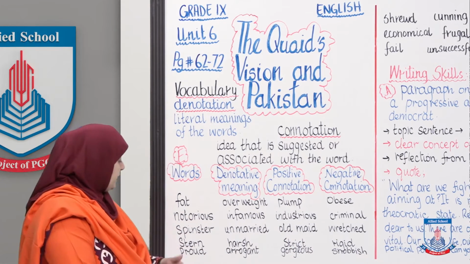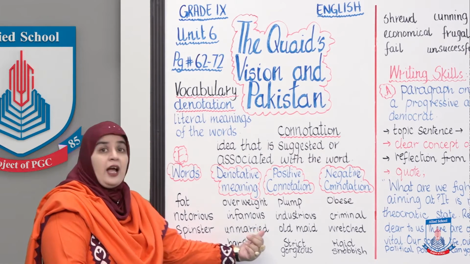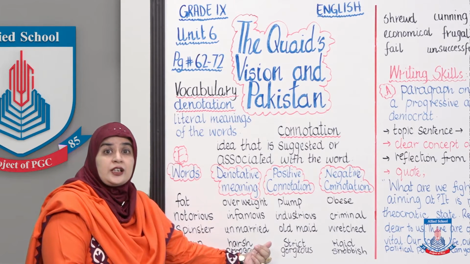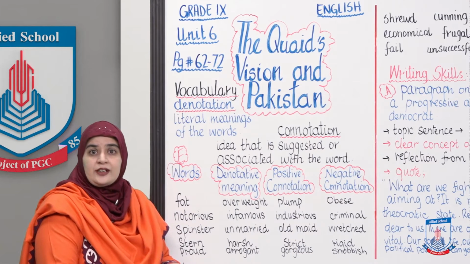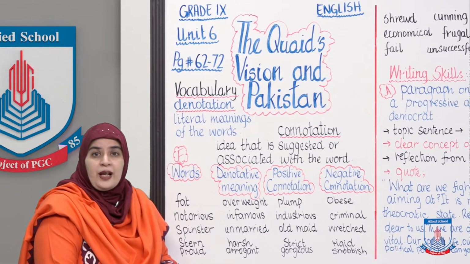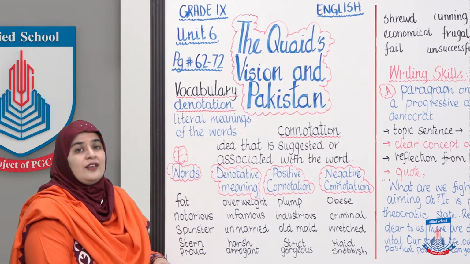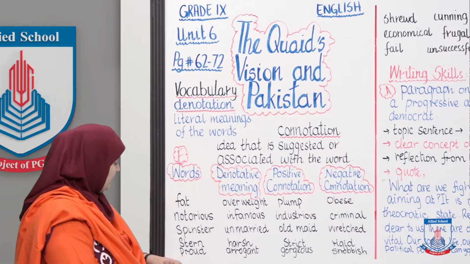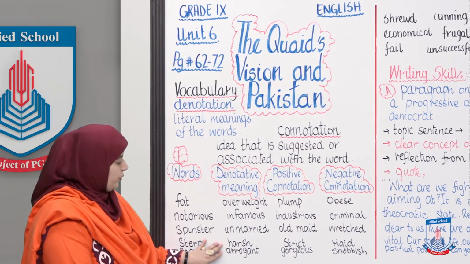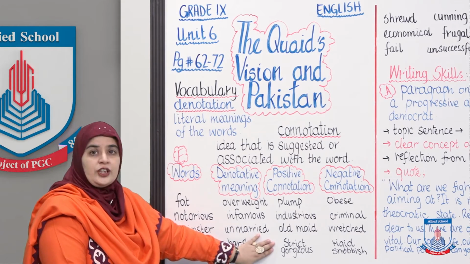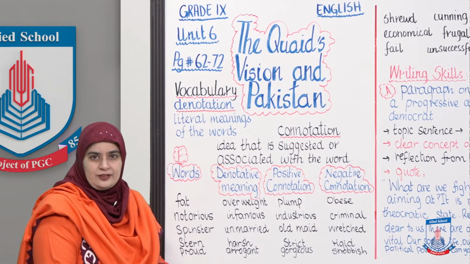My principal is quite stern. She is very harsh towards indiscipline and she is very strict if we do not follow the rules. However, she is rigid and does not comply, does not listen to what our complaints are, right? Next word is proud. Its denotation is arrogant. Its positive connotation is gorgeous and its negative connotation is snobbish.